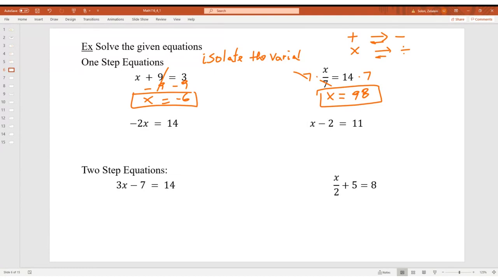So what do you think is number 3 and number 4? Just type the numbers. What is negative 2x equals 14 and x minus 2 equals 11? To get rid of confusion, let's say this is number 3 and this is number 4. This is a one-step equation. So x equals negative 7, excellent judgment. And number 4,